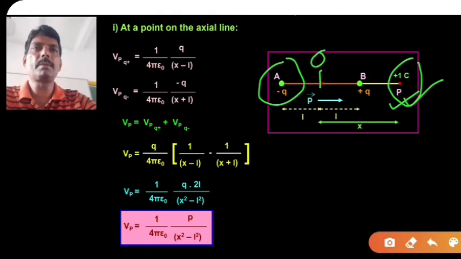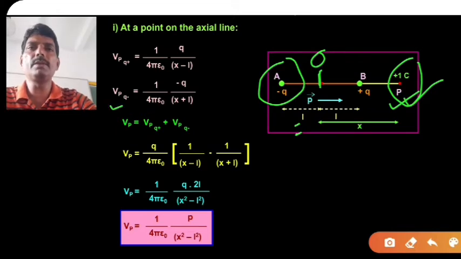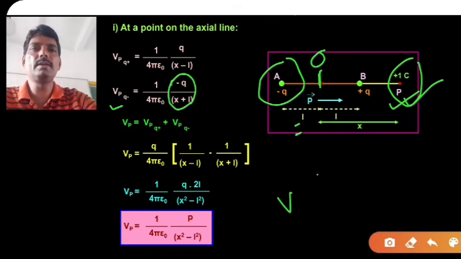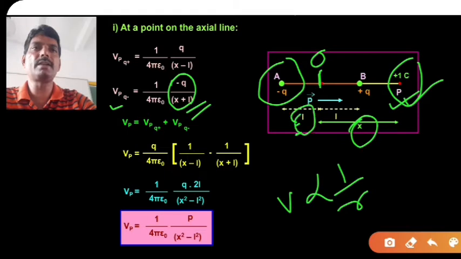Okay, this is the center of the dipole, therefore AO is equal to L and OB is equal to L, and from the midpoint of this dipole, the point P is located at a distance x. So the potential due to this negative charge is 1 upon 4 pi epsilon naught times minus Q upon x plus L. Now as you know, V is inversely proportional to r, therefore you have to put the value of only x plus L, that is the distance from this charge. Similarly, due to this positive charge, you can write 1 upon 4 pi epsilon naught times q upon x minus L.